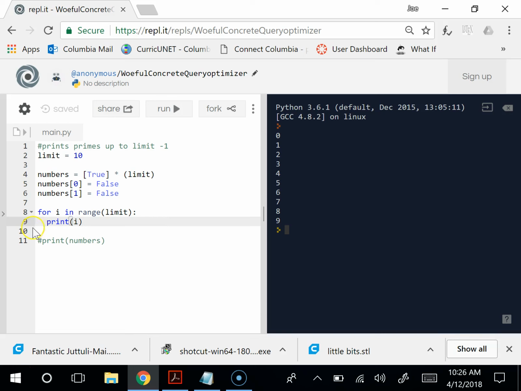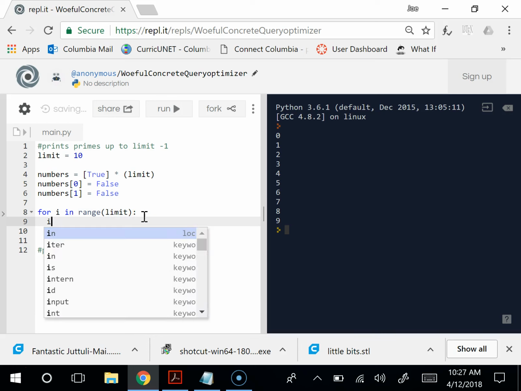All right, so let's see. What did I actually want to do in there? I want to loop through the numbers with an I. Okay, so I've got the looping through numbers with an I. And then inside of that, what do I want to do? We're going to loop through J, so we're going to say for J in range. Oop, I think I missed one thing. Oh, I forgot about that. You want to skip the ones that are false, right? So you want to do if